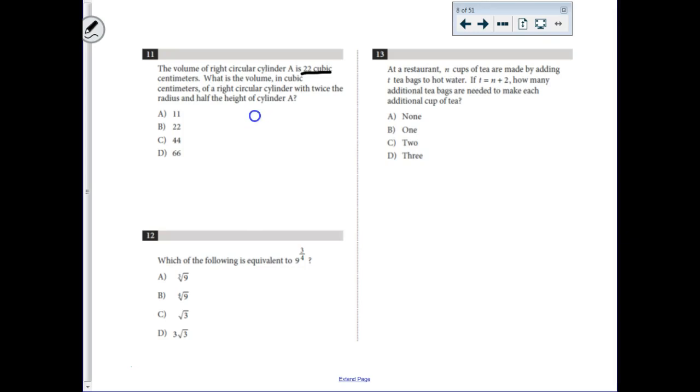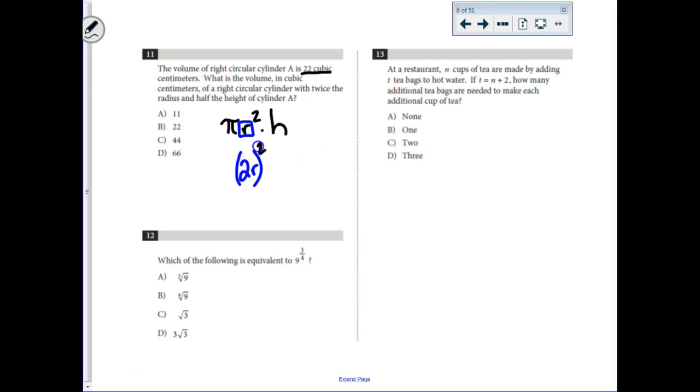Now I wouldn't actually bother finding out what the radius and the height were. This is what I want you to think about. The formula for a cylinder is the area of the base, which is a circle, pi r squared, times the height. Now think about this, guys. If you took the radius out of the problem, whatever it is, and you, what did they say, half it? No, twice it. If you doubled it,